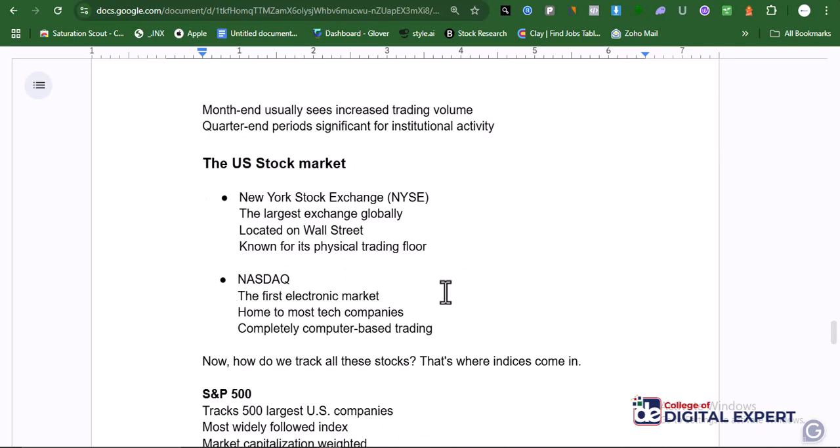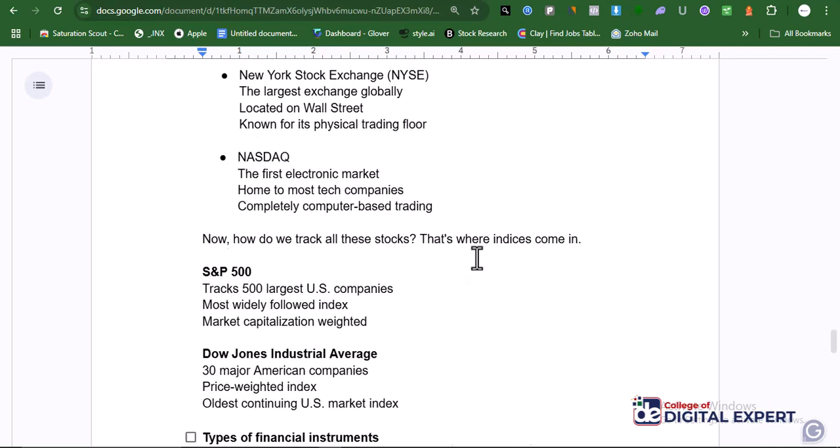Now, let's talk about the US stock exchange market, as I promised earlier that we're going to talk about it. We have the New York Stock Exchange, NYSE. It's one of the biggest. In fact, it is the largest, not even one of the biggest. It is the largest exchange globally, located on Wall Street. We are talking about the New York Stock Exchange, which has a physical trading floor in New York. Also, you have the Nasdaq, the first electronic market. A lot of tech companies are